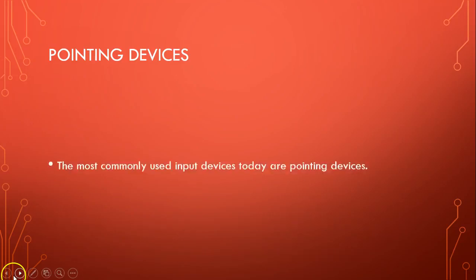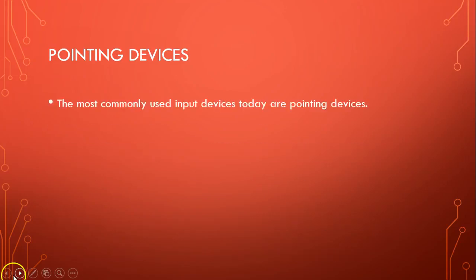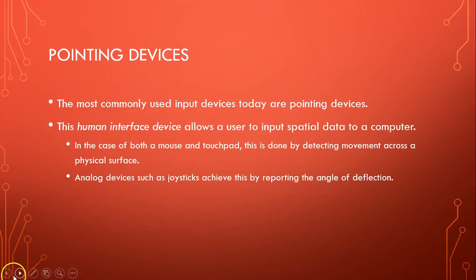All right, let's continue talking about pointing devices. These are the most commonly used input devices today. This human interface device allows the user to input spatial data to the computer. Spatial data meaning space, for example, your screen. Where is it at? In the case of both the mouse and a touchpad, this is done by detecting movement